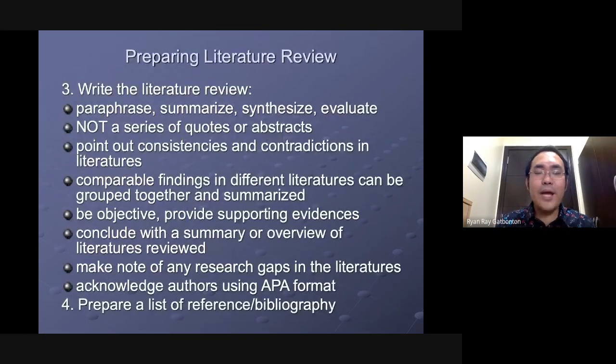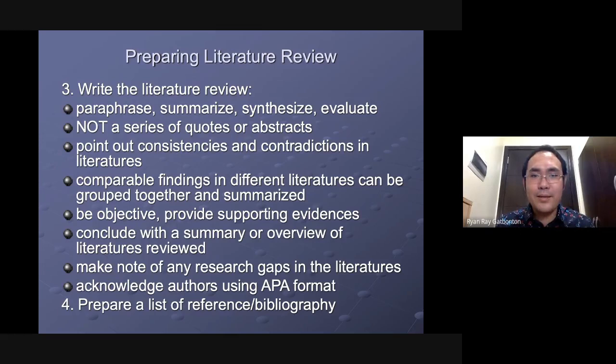The next step is to write the literature review itself. When you make chapter 2, I'm not expecting you to write a table. Your table is just an aid. You have to write it in paragraph form in chapter 2. Now, I expect that your literature review is a paraphrase,